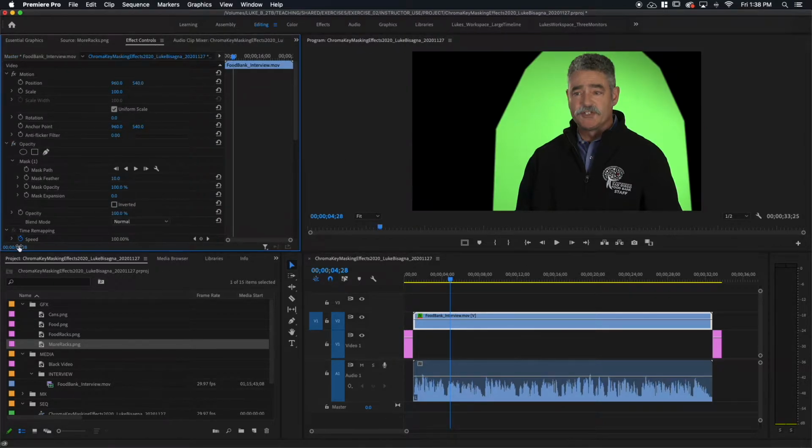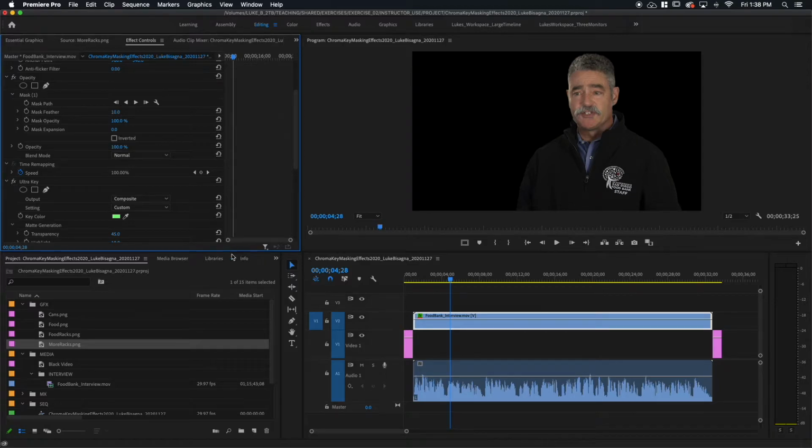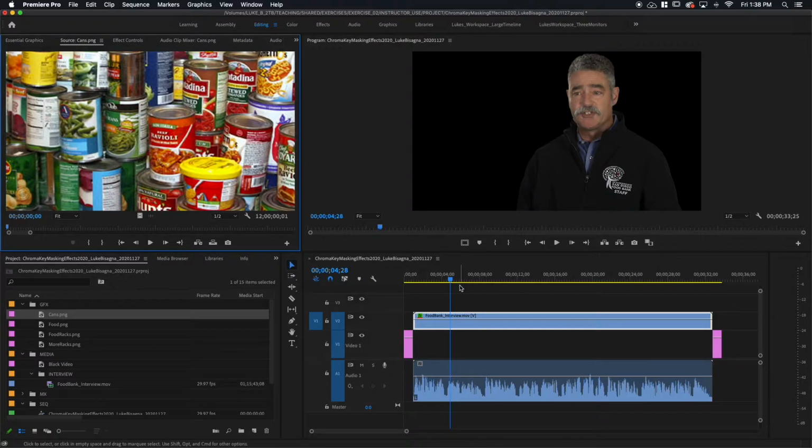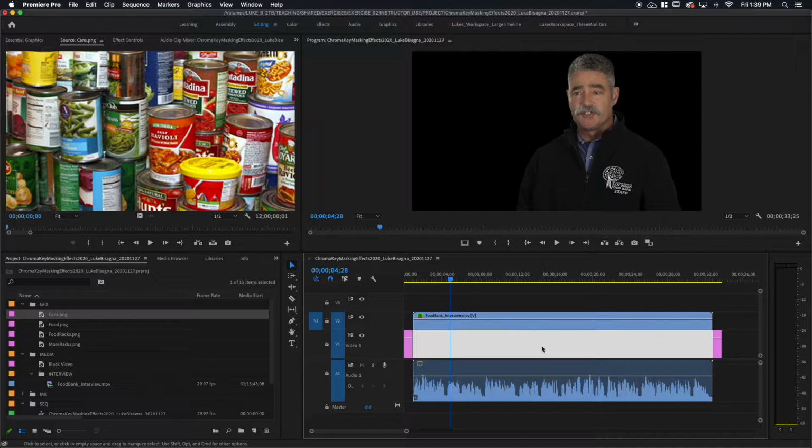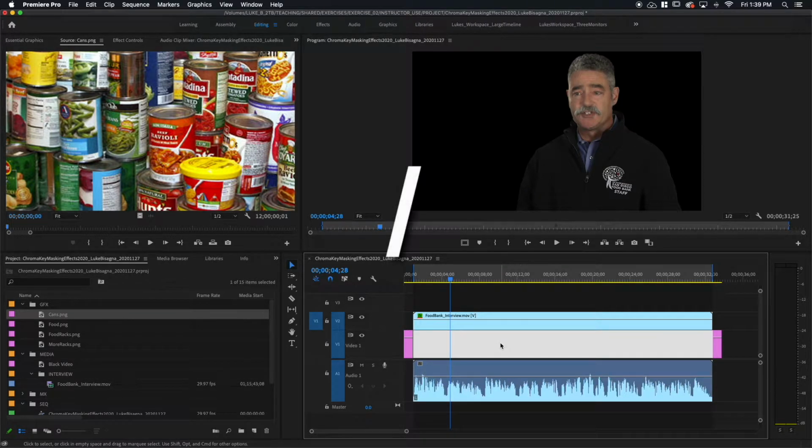I'll turn the effects back on here. What we want to do is put these images behind him, starting with the cans. We've got 4 images to deal with, so we need to look at the length of time our subject is on screen and split this up into 4 relatively equal parts. If I select the space where I'm going to put this stuff, which is the same length as the clip above it, and use my slash key, I can see that I've got 31 seconds and 25 frames. So almost 32 seconds.